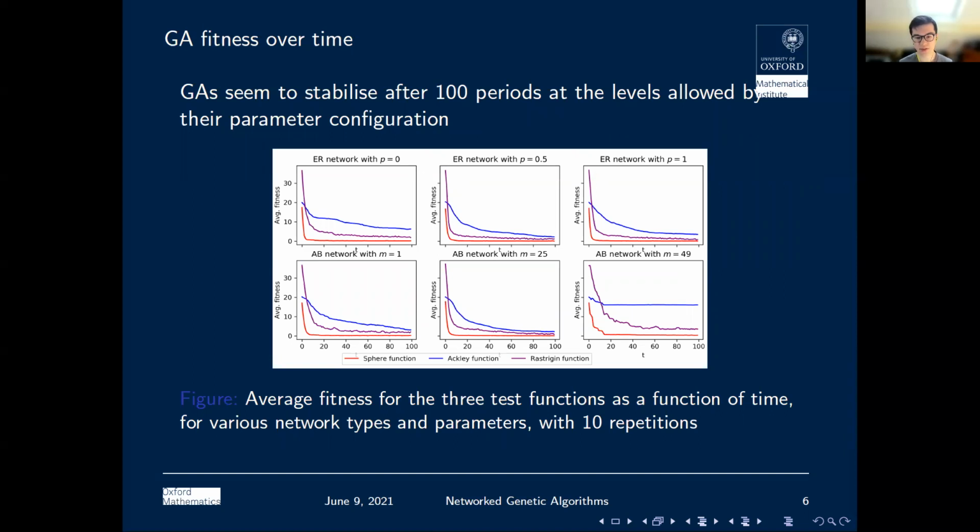We can already see that the sphere function is fairly easy to optimize. Obviously, it's very convex, it's very nice. The programs have a harder time with the Ackley function, notably. But what this outlines is, first, that we can restrict our analysis to the first 100 periods, which is already interesting and sufficient. And second, that some clear differences seem to be emerging from changing network structure.